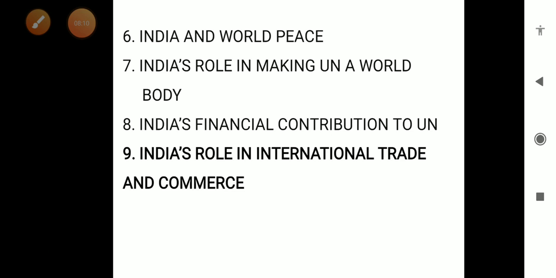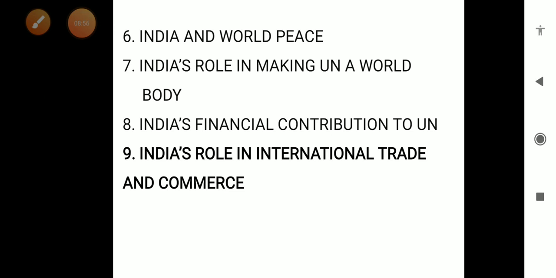Also, India has been part of international problem-settling mechanisms. India played a very important role in the Korean problem. India also played a very important role in the Indochina problem. India's role in Gaza and Congo was also very important in solving the problem of Libya, Algeria, and Tunisia. India's role in the Iraq war was also very important, and India also helped in solving the Suez Canal problem, Afghanistan and